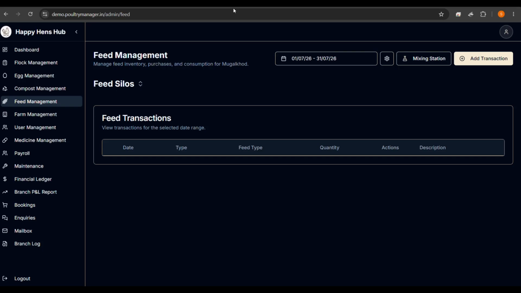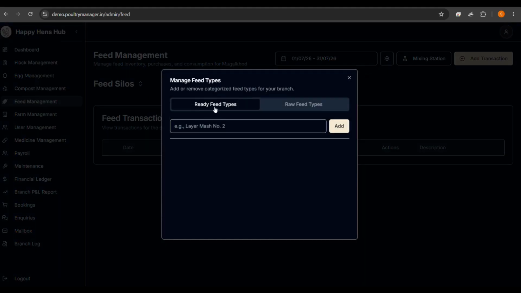In this video, we'll learn about feed management. Here we can see, from the setting button, first manage feed type. Here, ready feed types, for example,